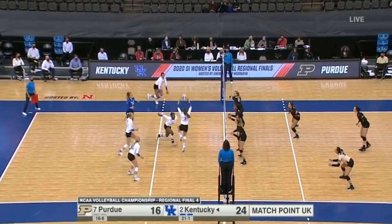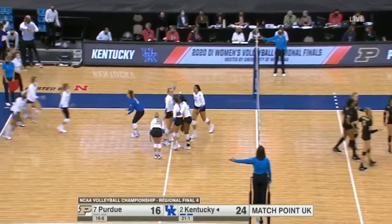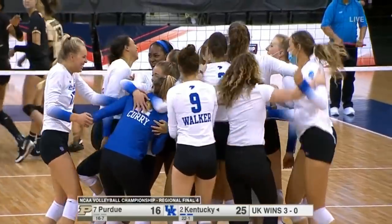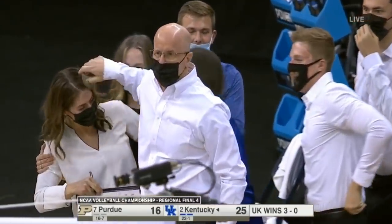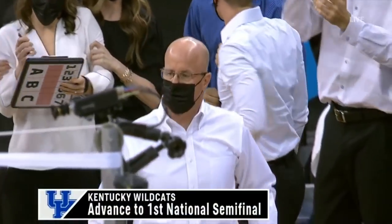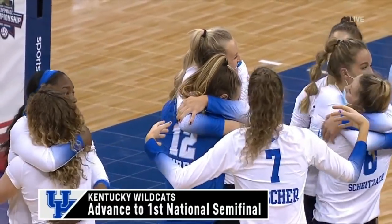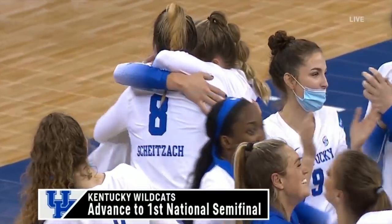Match point, Stumler with the dig. And into the semifinals they go. Kentucky playing like the number 2 seed, such a high level of volleyball, so clean on their side of the net, and Coach Craig Skinner has got to be so excited for his team, his squad, and what he's done to build this program and get it to